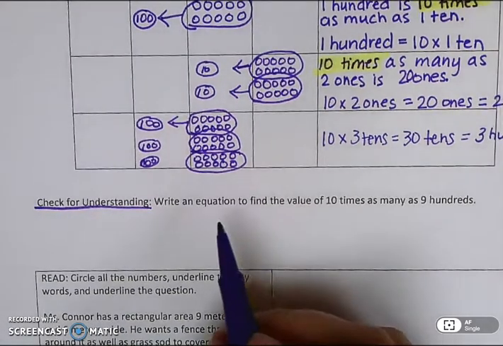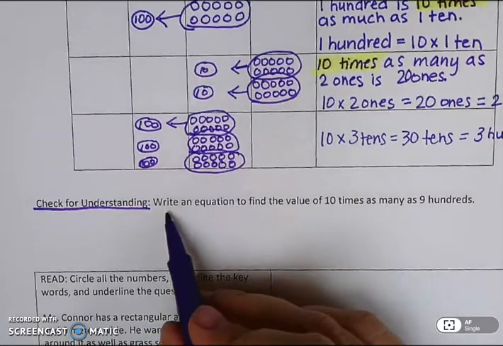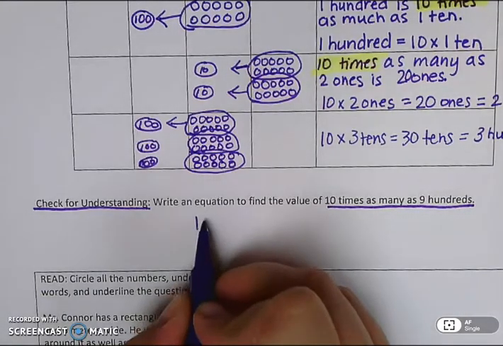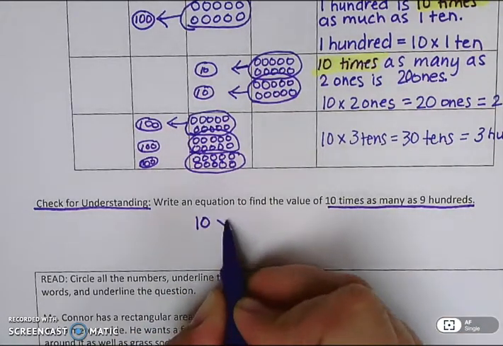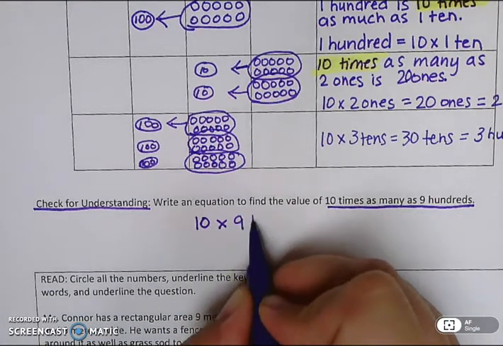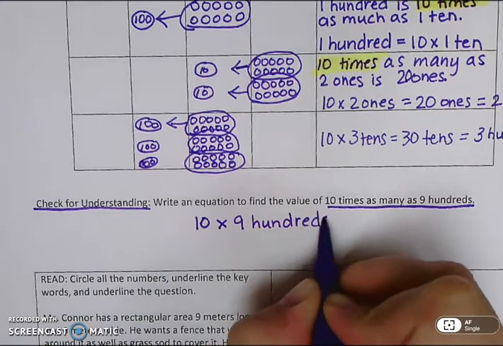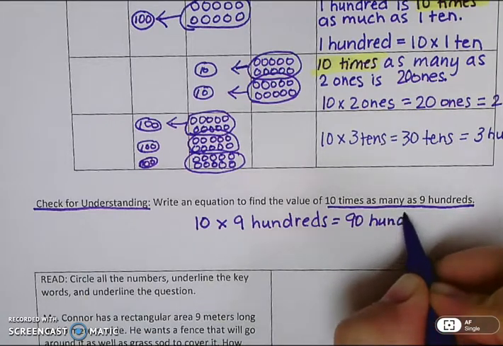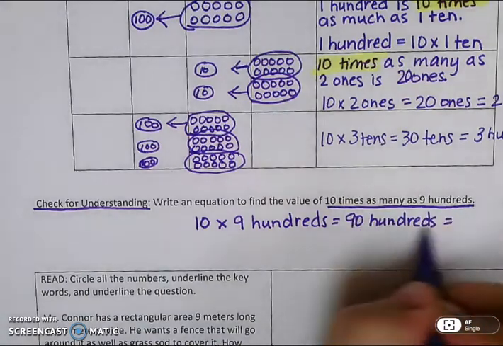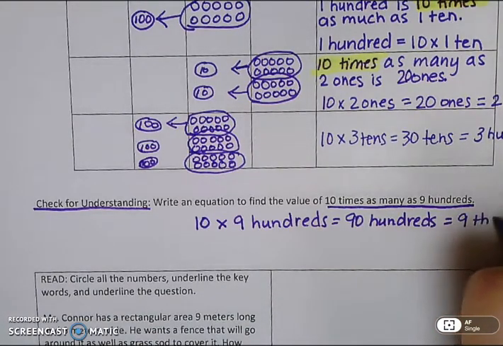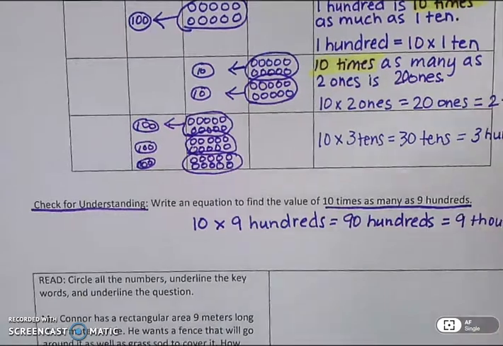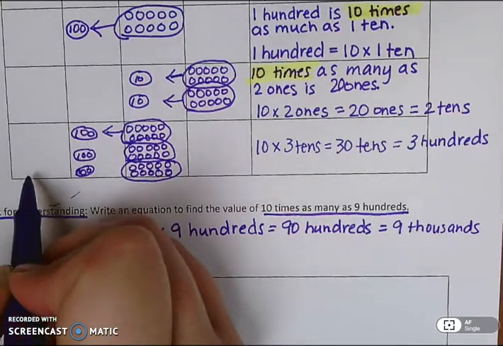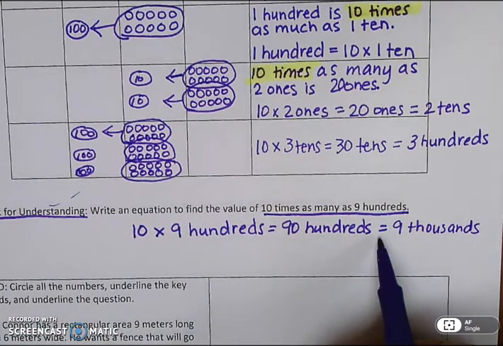Alright, if you have already solved it, let's go ahead and go through it. Write an equation to find the value of 10 times as many as 9 hundreds. So I'm just going to follow this. 10 times as many as 9 hundreds. Well, I know that 10 times 9 is 90, so that would be 90 hundreds. What does 90 hundreds equal? That would equal 9 thousands. Because imagine that there were 90 in the hundreds column here. Those would then all regroup to the thousands column. So 90 hundreds equals 9